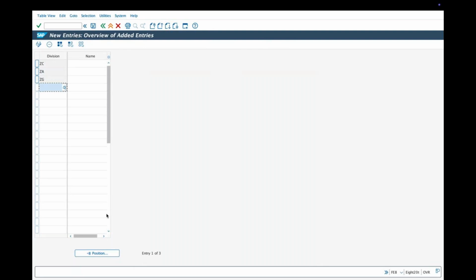If somebody has made this, then I should try with some other name. Why I'm telling you: when you're practicing on the server for practice purposes, if you see an entry saying it already exists, try with some other name, right?